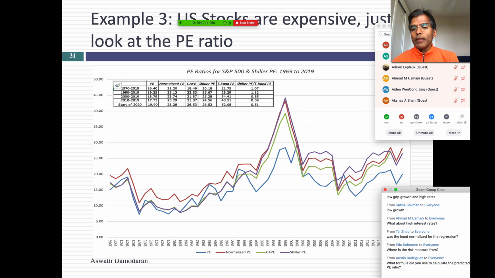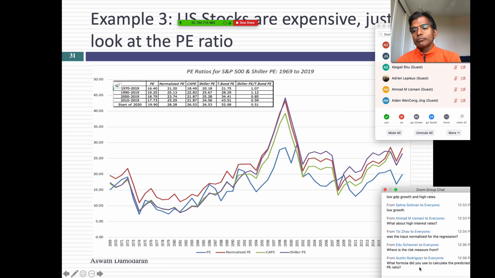Anybody want to try? It's actually been the weakest link in their argument, and it's a very simple one. So why can't I just say if the PE ratio is higher than the historical norm, then stocks are overvalued? I don't have to use a formula to get the previous predicted PE. I just use the regression equation. So if you go back, Austin had a question about what formula I used. It's not a formula. It's a regression output. It's a regression equation based on what those countries were trading at. But in this particular S&P 500 PE ratio, why can't I jump to the conclusion just by looking at the PE ratio?